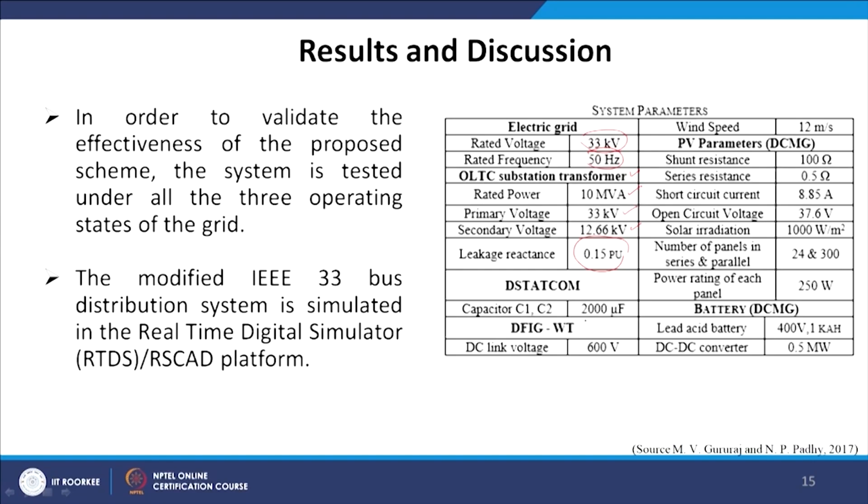The D-STATCOM capacitor is 2000 microfarads with DC link voltage of 600 volts, and wind speed considered to be 12